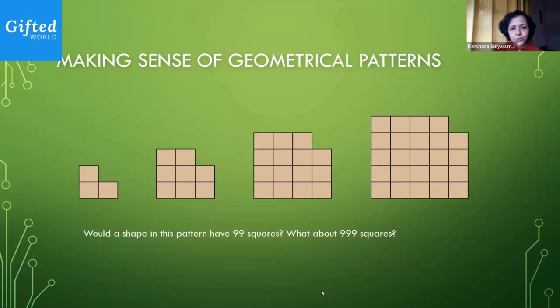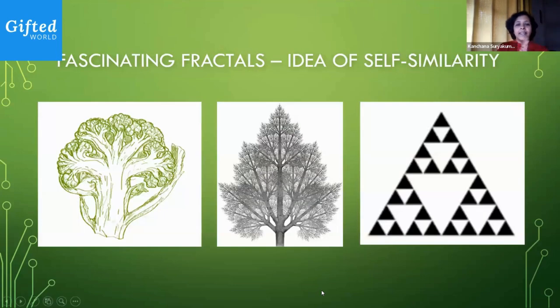Let us now step up and go to some more interesting shapes. Some of you might be familiar with this idea of fractals. Fractals are very fascinating as a concept. You might have heard of a lot of examples of them as well. I have just put in some images that I got from the internet. The first one is a sketch, I think, of a broccoli or a cauliflower. The second one is a very nice hand sketch of a tree. And the third is what is called a Sierpinski triangle. We will be exploring that today.